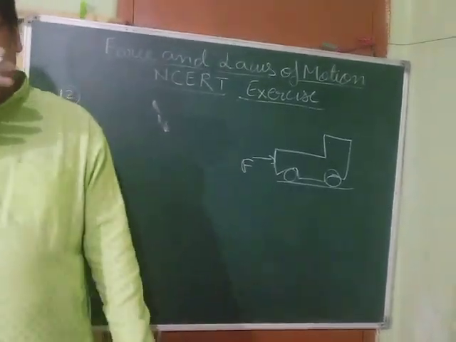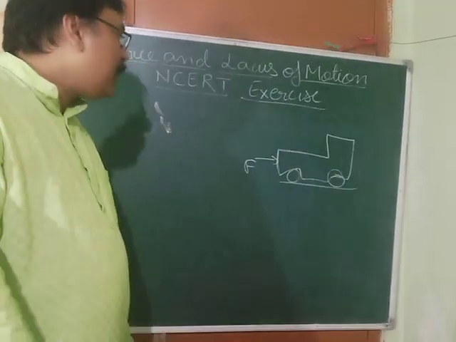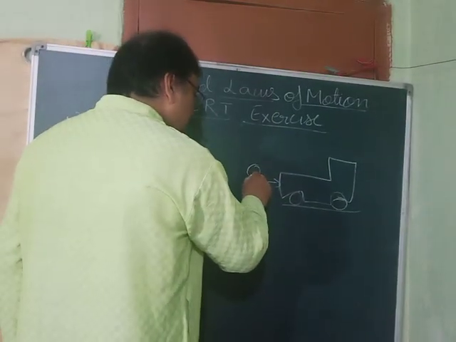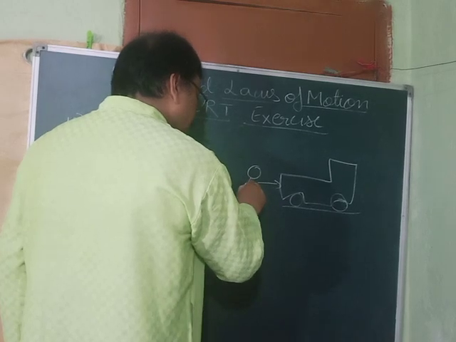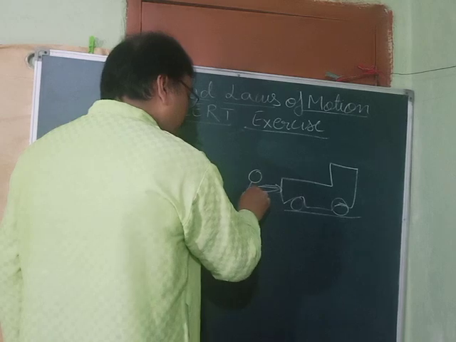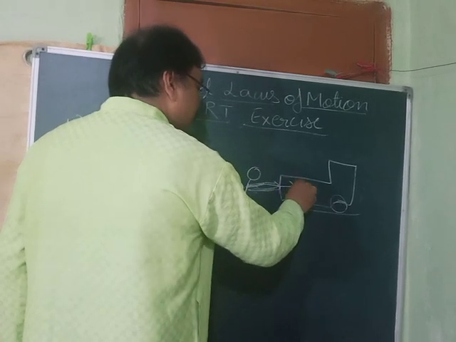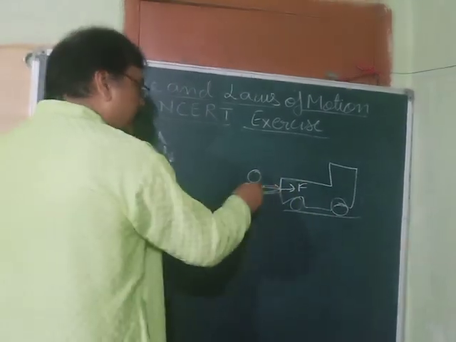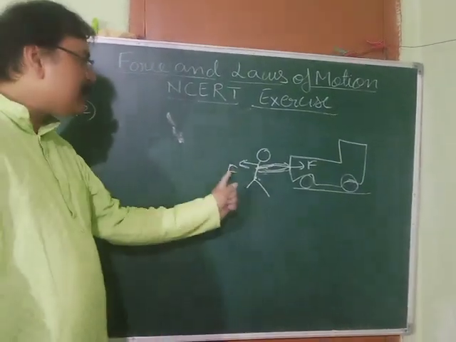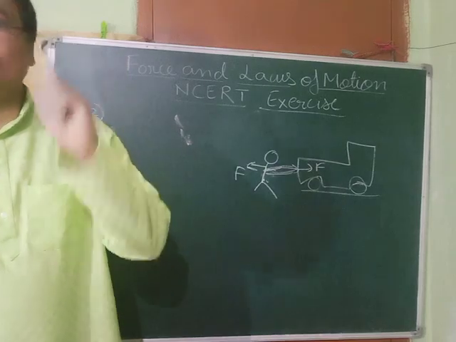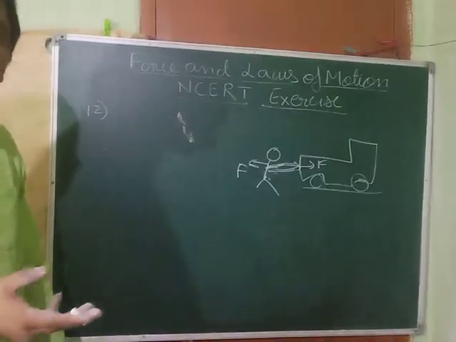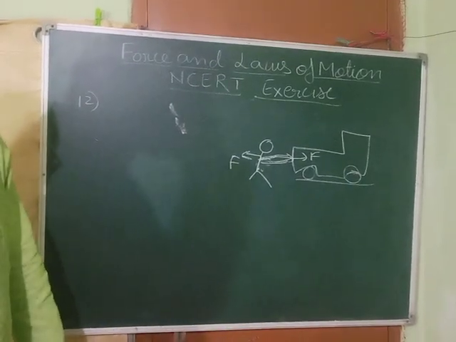See, first thing, do the action and reaction. See, this is this, and this is U. This is U who is applying force on this truck in this direction, force F you are applying. So what will happen? Truck will apply force F on U. So action and reaction act on two different bodies. If they are acting on two different bodies, how can they balance each other? So they cannot balance each other.